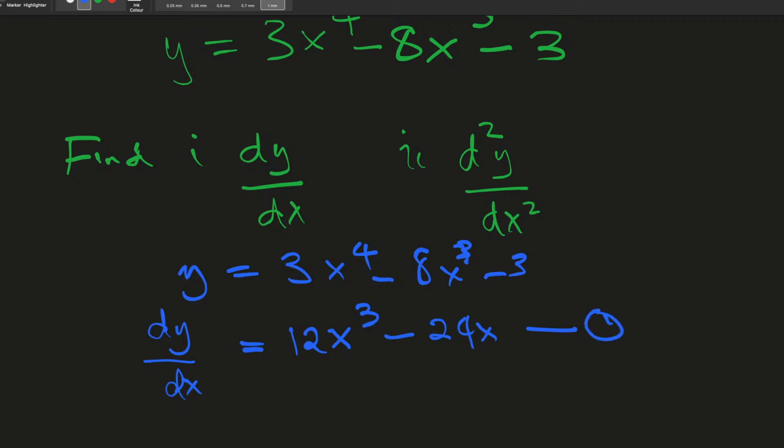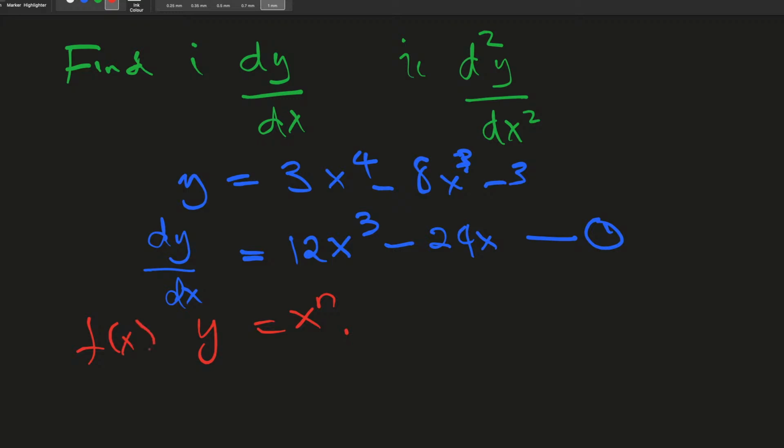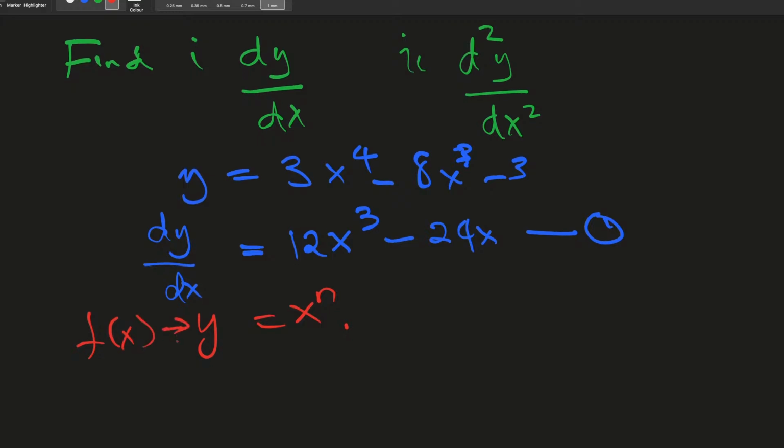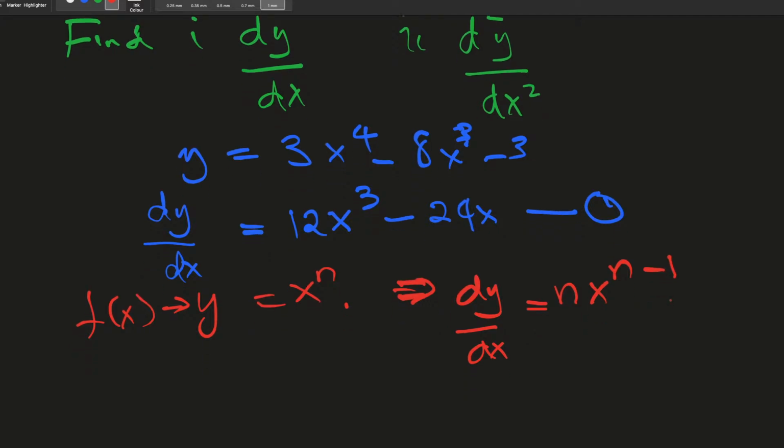Remember to differentiate, if we have y, for instance, equal to x^n, a function f of x equal to that y, then to differentiate, this implies dy/dx is equal to nx^(n-1). So this is how we differentiate, and that is how we get 12x cubed minus